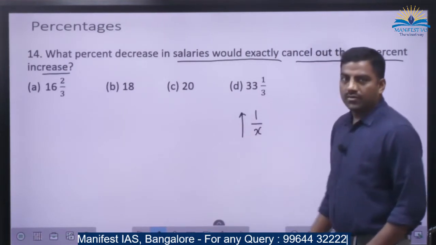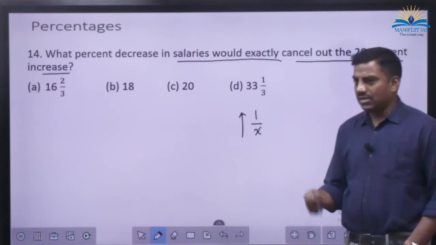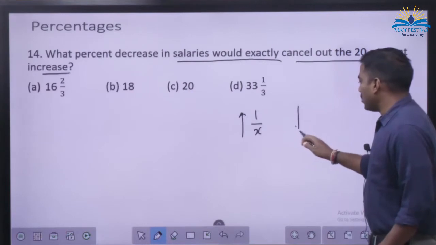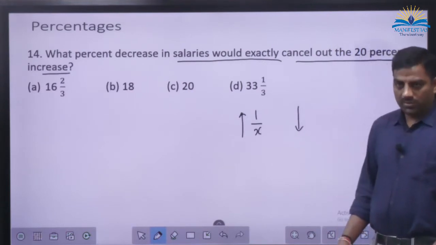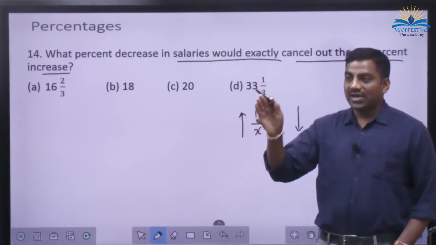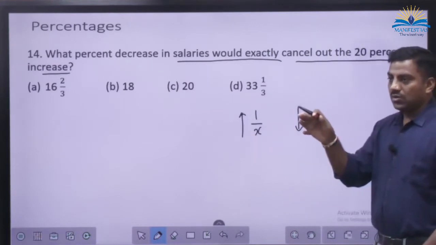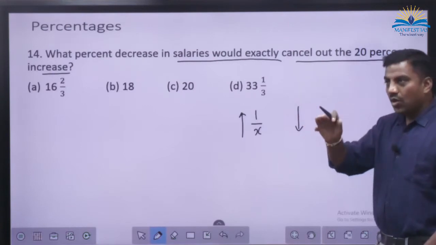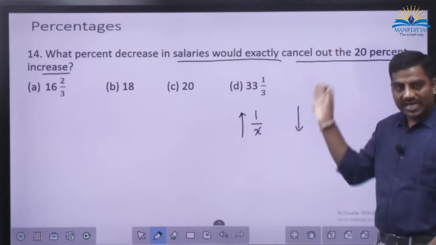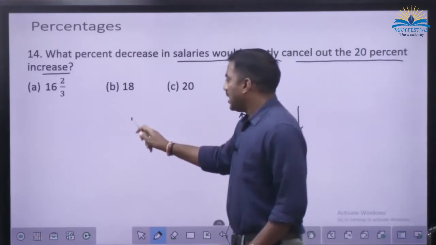or when you increase the price of something, or even a number, whatever, if you increase by this percentage and want to cancel out the effect, maybe in a budget problem with the same budget, price rise, and you want to cancel that effect of price rise by consuming less, or in the previous problem, one more such thing had come, where they had raised something by some number, so we had to reduce. So basically, whenever we want to come back to the same thing, for example, 100 is there